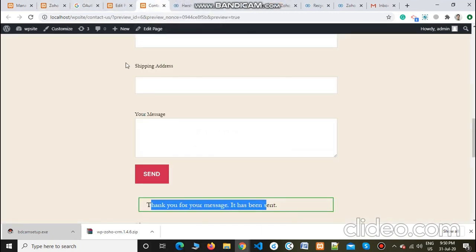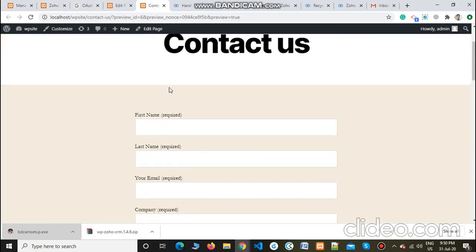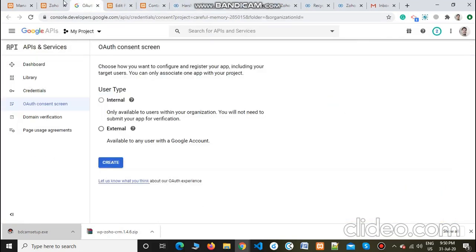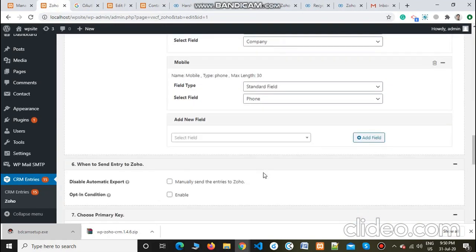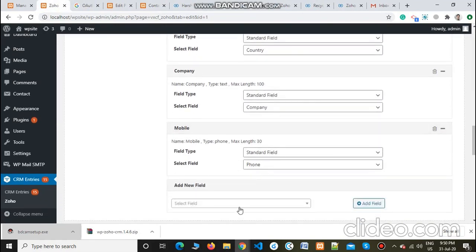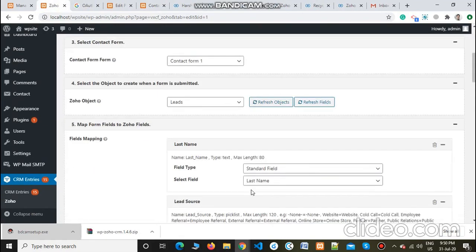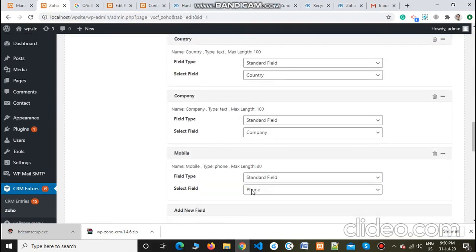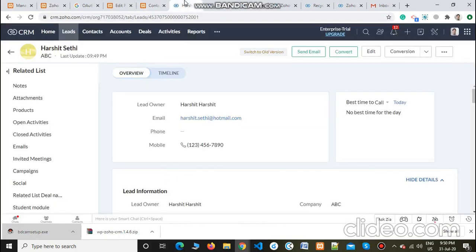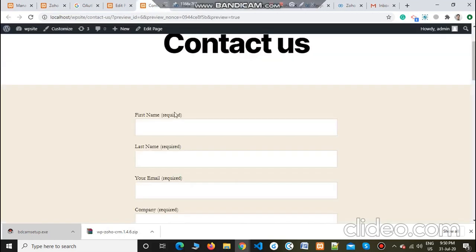All the WordPress form leads would be sent to the Zoho CRM. So mainly on the mandatory fields I have submitted all the required details and connected that form with the leads module of the CRM.